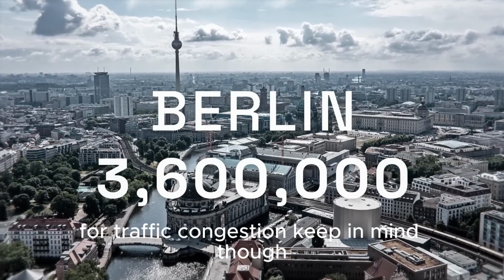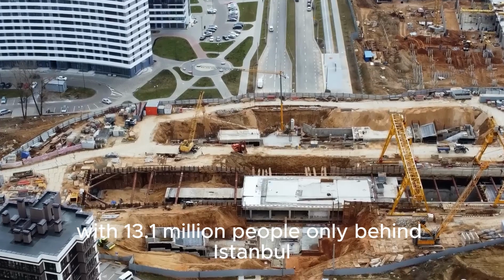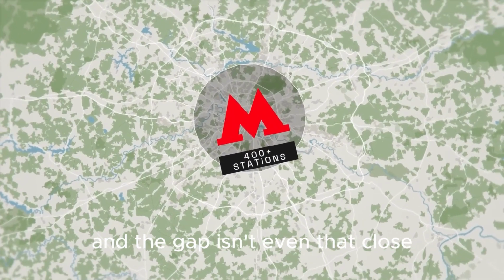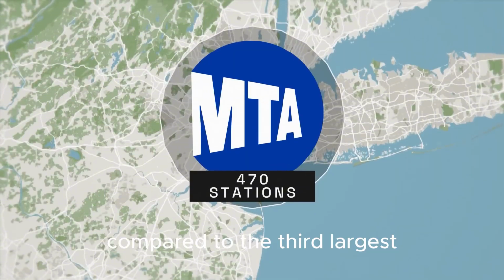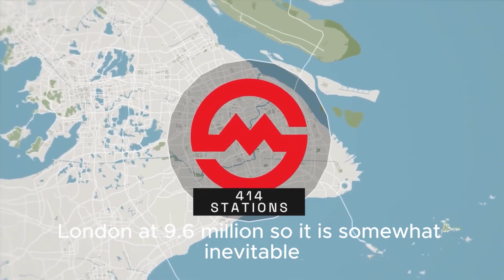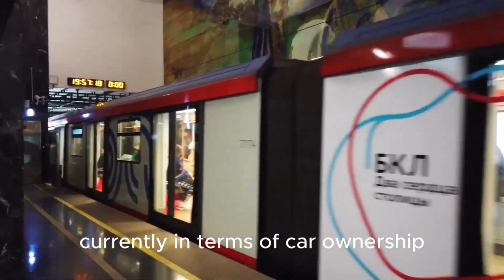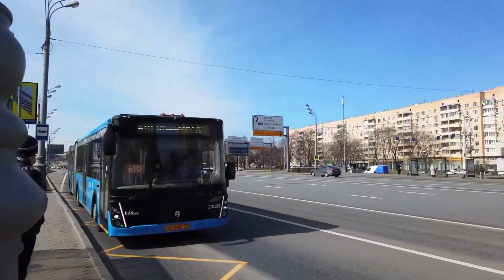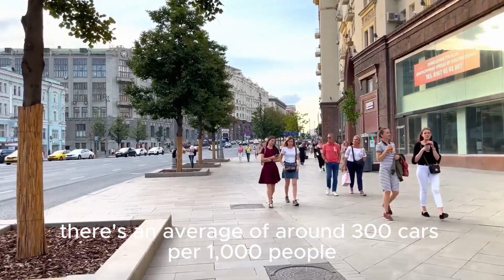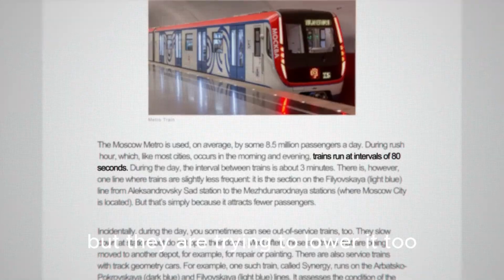For traffic congestion, keep in mind, though, Moscow is the second biggest city in Europe with 13.1 million people, only behind Istanbul, and the gap isn't even that close compared to the third largest, London, at 9.6 million. So it is somewhat inevitable, though Moscow is working on this currently. In terms of car ownership, there's an average of around 300 cars per 1,000 people, which honestly puts it at around the same level as London, but they are trying to lower it too,